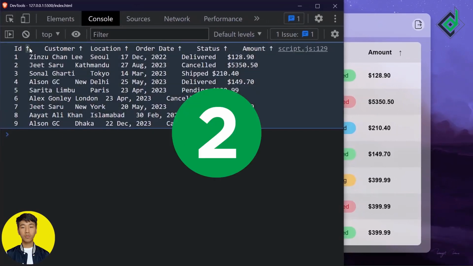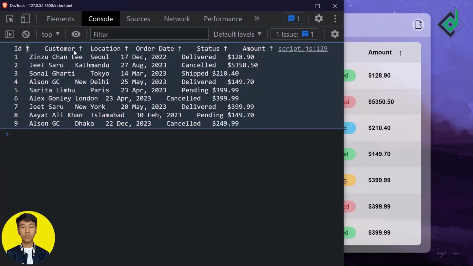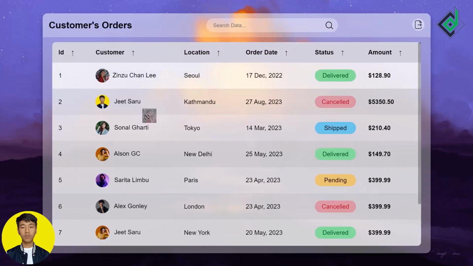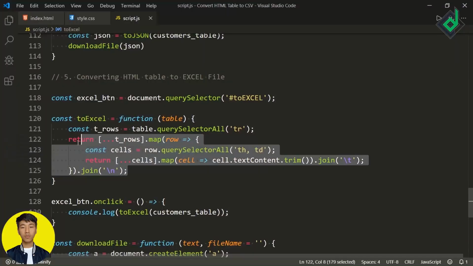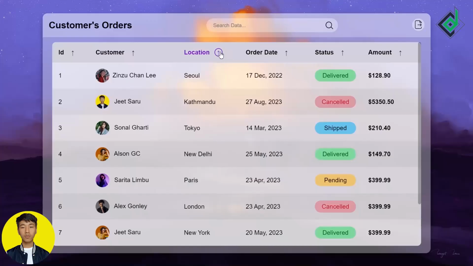Now we do have 2 operations. One is getting rid of that up arrow icon, and second one is we have to store separate data for our customer image. So if your HTML table it was normal table, I mean simple table, with the help of these 4 lines of code, we could convert our HTML tables data into Excel. But as you can see, our HTML data, it is a bit complex.